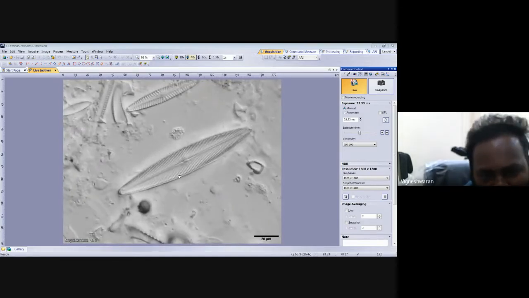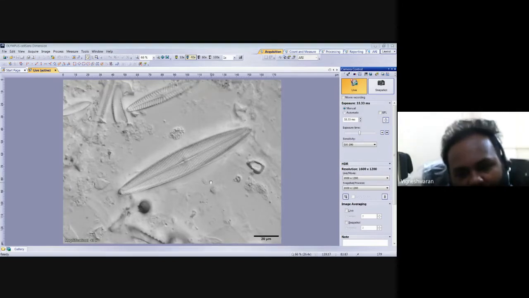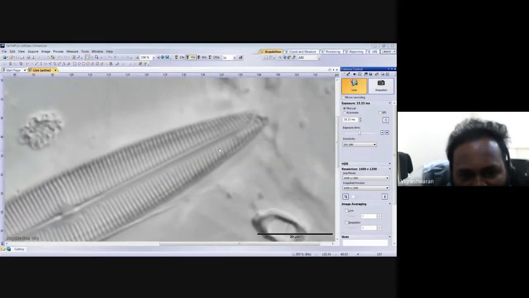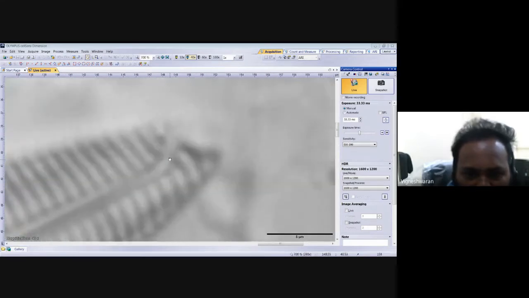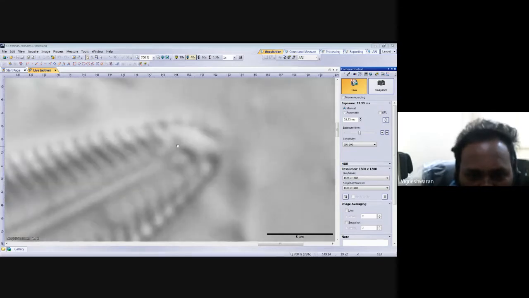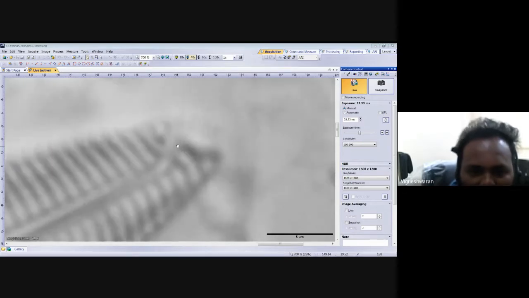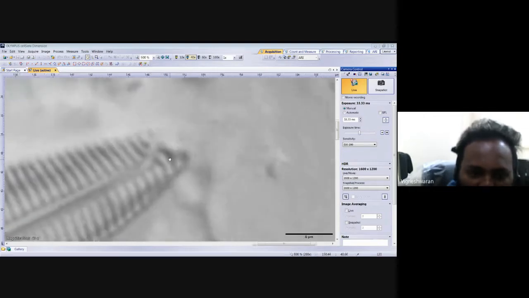Now we will see different types of genera. See, this is one kind of diatom called Navicula. This is Navicula. You can see how fine the striae are, and very straight. In this area where I'm zooming, the raphe is starting. This raphe is hook shaped or teardrop shaped. Is it extending on the valve face, or ending in the valve view only? Every individual thing is counted.